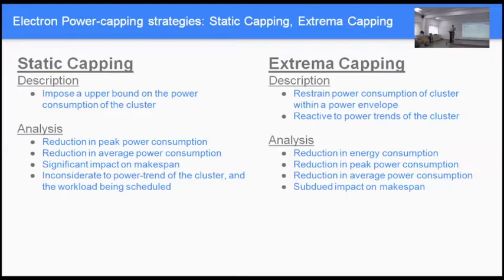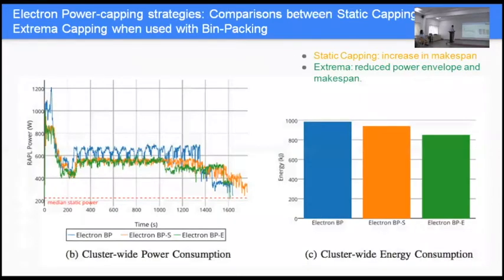You have to keep reducing the power and then increasing it so that you don't get a hit on makespan. So here we want to show that if you see the green here, you see the green is going much below. Again, y-axis is power. So we're showing that the green here has a much better power envelope because we are improving how we're keeping it low. Again, we're constantly monitoring the makespan.